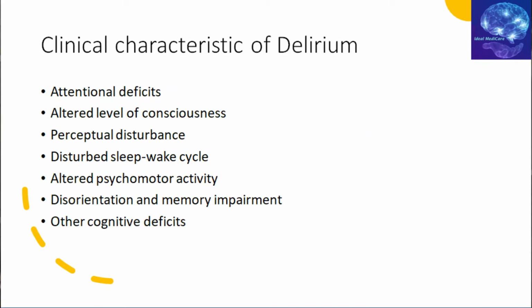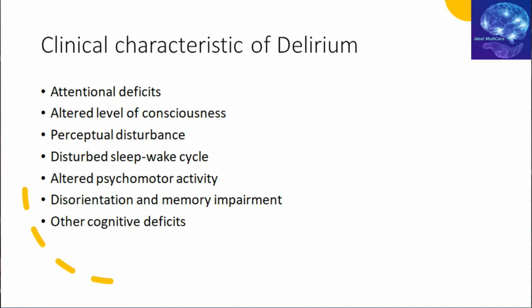So the clinical characteristics of delirium are very important, and I'll go through them one by one. These patients, first of all, develop attentional deficits. As we discussed, they have a poor attention span. They kind of flip from one topic to another. They can't have a continuous logical discussion. They may have a hypoactive or drowsy state, or they may be hyperactive. So there may be an altered level of consciousness, but that is not primarily a good signature sign for these patients, because that could be the case with other patients as well. But more importantly, to differentiate it from dementia, because dementia patients don't have an altered level of consciousness.